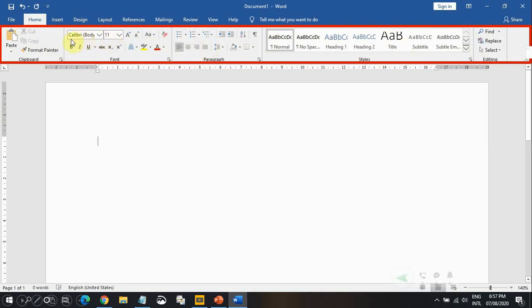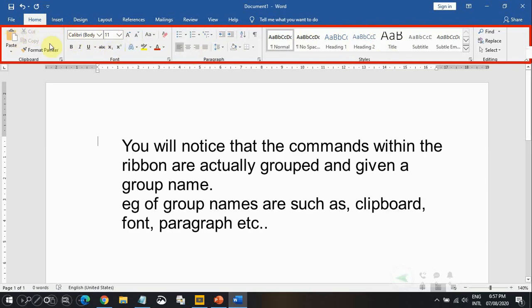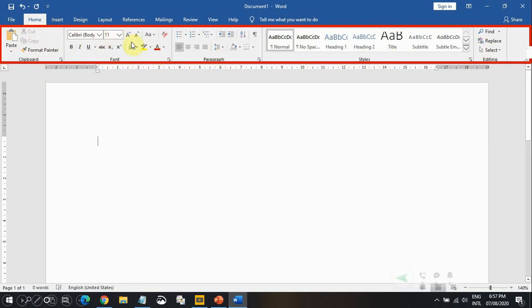Just one more thing, you will notice that these command buttons are grouped and given a group name. For instance, the first group here is named Clipboard, the next group is named Font, and the next Paragraph, Styles, Editing. In here we have the Font group of commands. You will need these commands when you want to do any editing to your fonts. For instance, if you want to change the font color, you have the button here to do that. If you want to increase the font size, you have these buttons here,